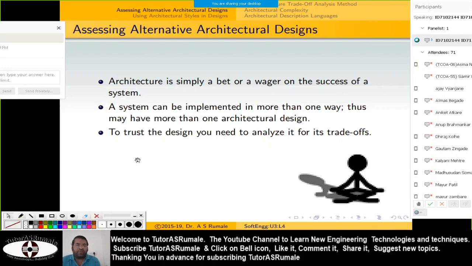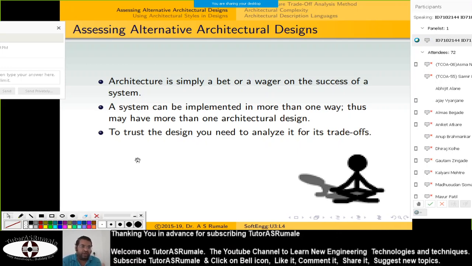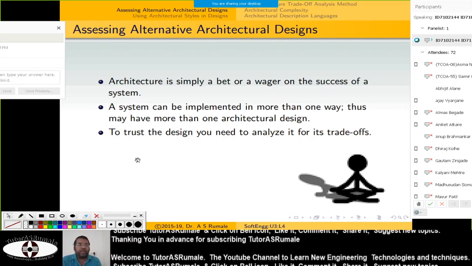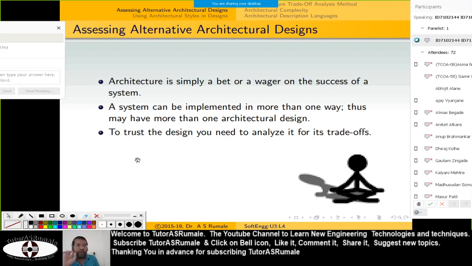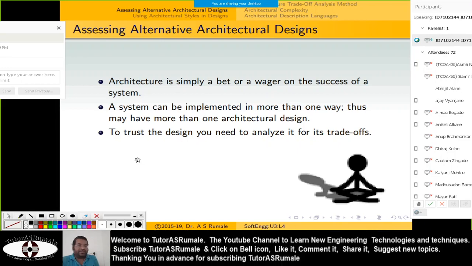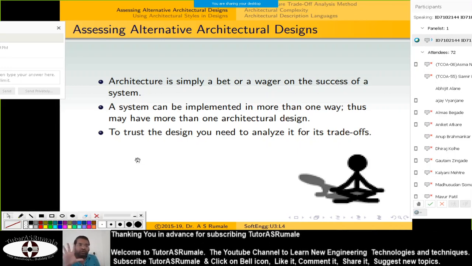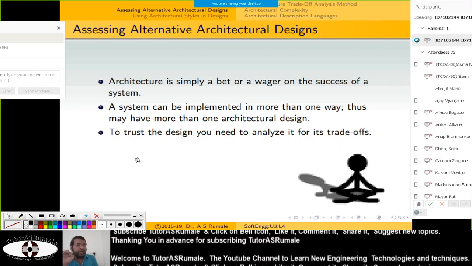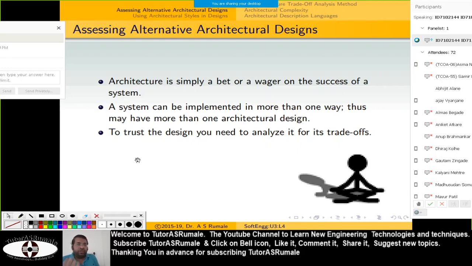Trust happens if you know something about either the developer or the software. For example, if some software comes to you and it is from Microsoft, you will automatically trust it. But if some software comes to you and the developer is unknown, you will not trust it. But if the developer is unknown but the software is coming from GitHub, you trust it.